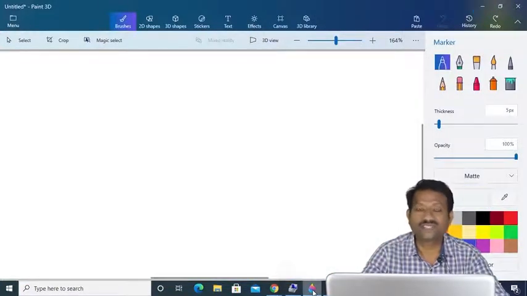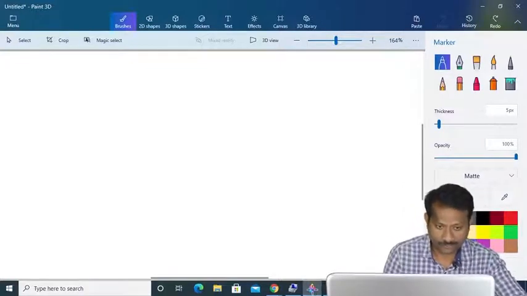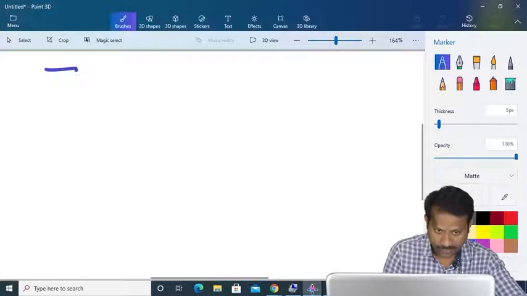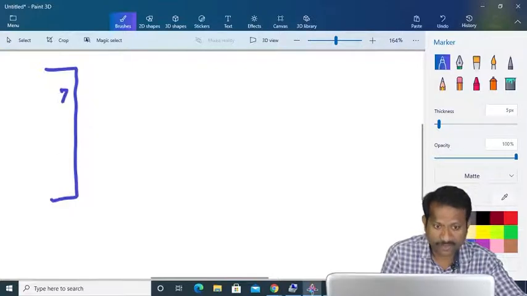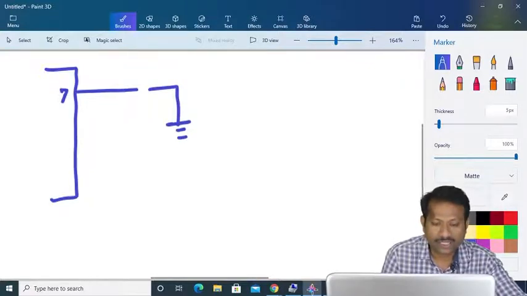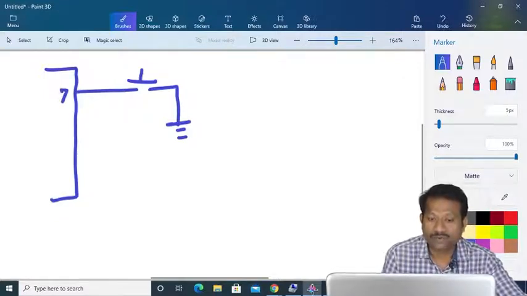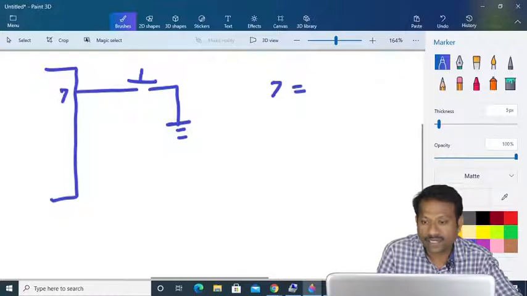Let me explain all these things with an interfacing diagram. So here, this is the Arduino terminal, and we use pin number 7 where we have connected our switch. So in this way we show this switch. One terminal is connected to ground, another terminal is connected to pin number 7, and this is the switch. If I press this switch, these two terminals will get shorted and pin number 7 will get connected to ground. Means the moment I press this switch, at pin number 7 I'll get logic 0.